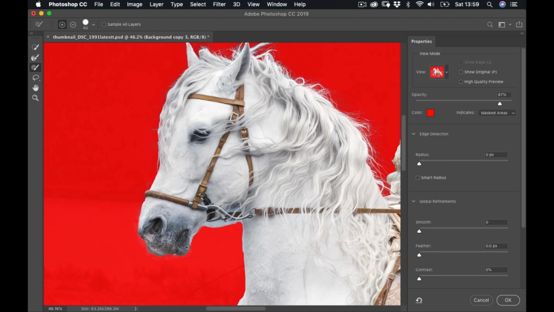And I'm not bothered if I come over the edge a little bit, because what I can do is then revert back to the refine edge tool and just neaten that up again. So if we keep strengthening an area,